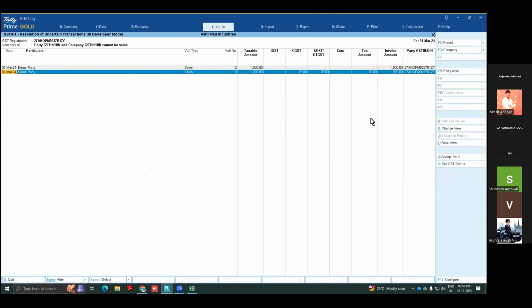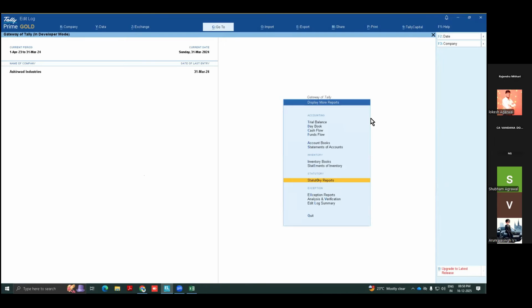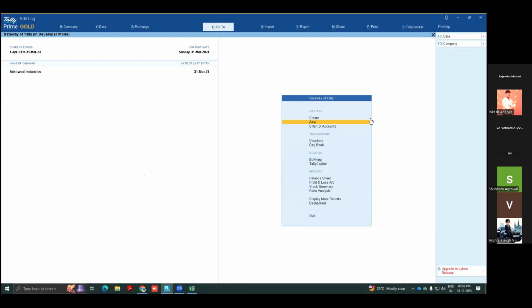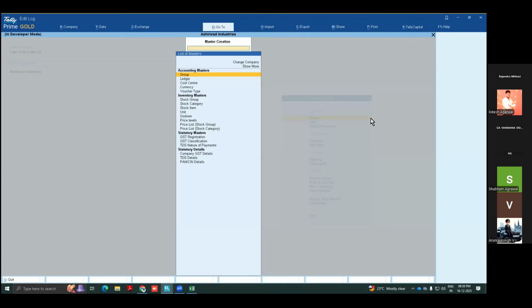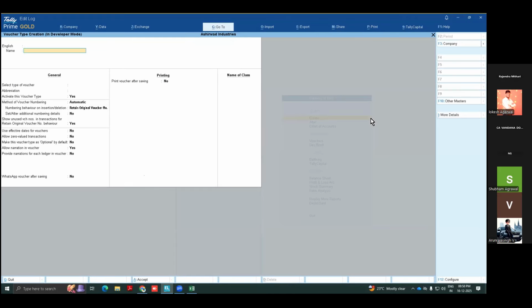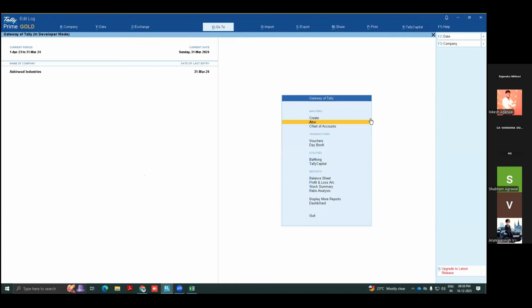So what happens is that when the data is coming to me, they are saying no GST is charged in the data, but GSTR 1 is perfectly coming. So how are they going to do this? I just want to show you how people are doing this, and nothing is difficult here. You just have to see what I am doing. I am just altering the voucher type.